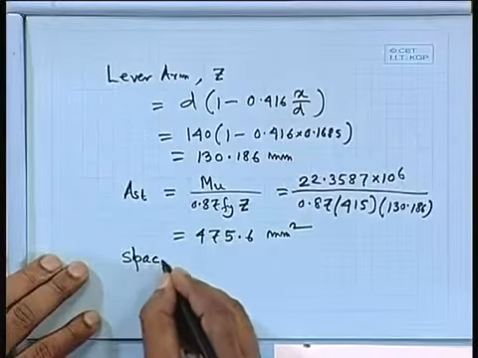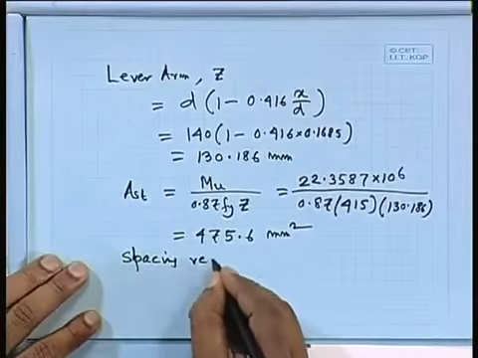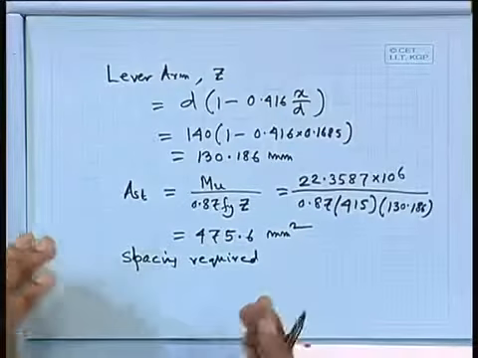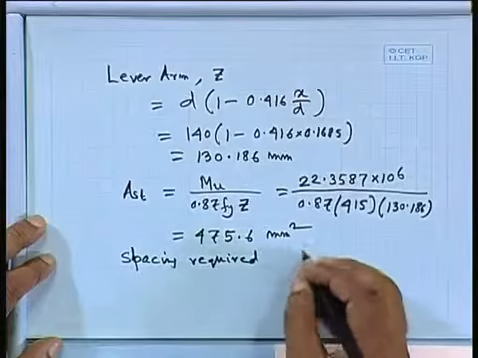Spacing required, because here we do not provide the number of bars; here we provide how many bars, at what spacing, you will provide the reinforcement. Unlike a beam, where we provide the number of bars, 3 bars, 4 bars like that, here we provide 10 millimeter bars at a given spacing, the way we have provided stirrups. So, spacing required